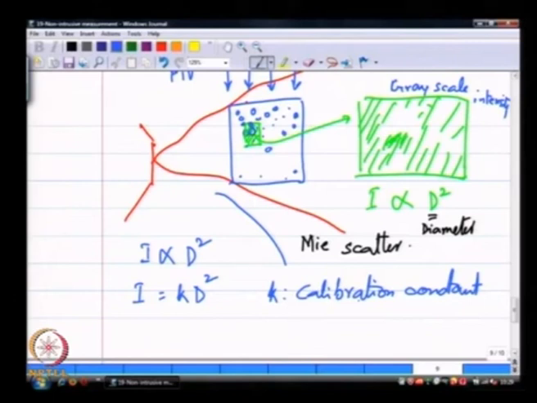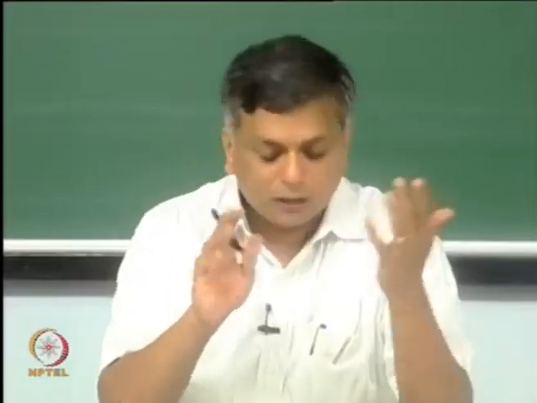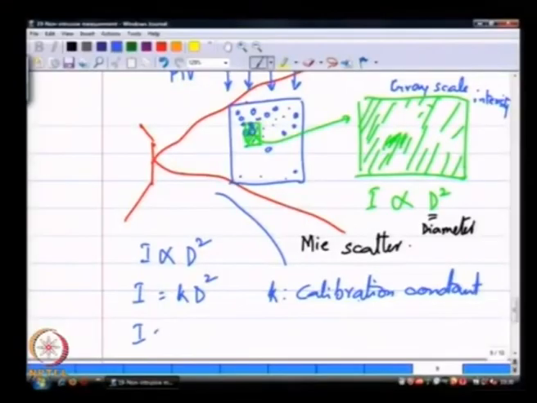So, if I have monodisperse drops, then I know that I is exactly equal to k times d squared. If I have a whole distribution of drops like in a real spray, we will still say that this I is equal to k times the total surface area per unit volume. So, TSA